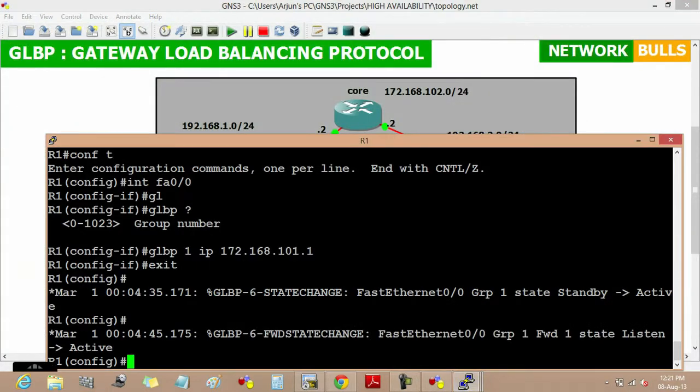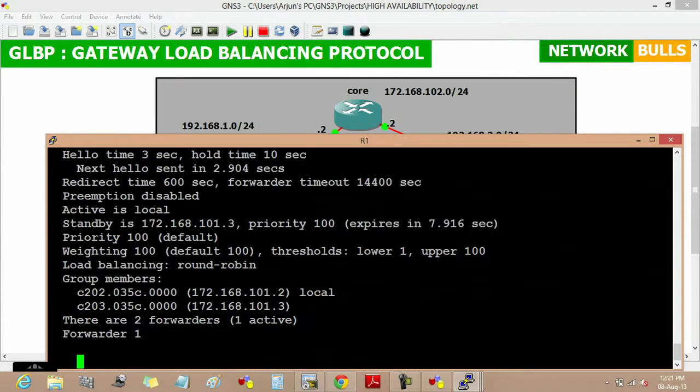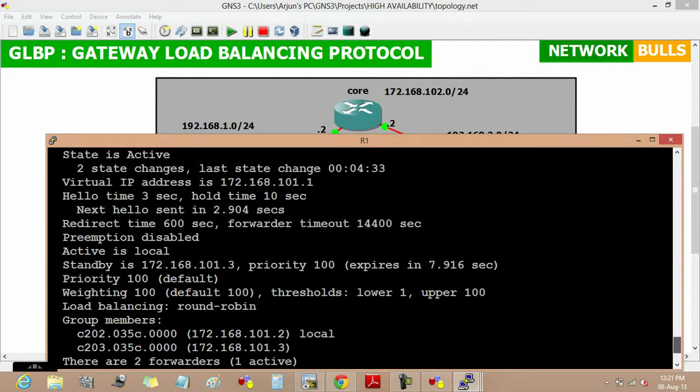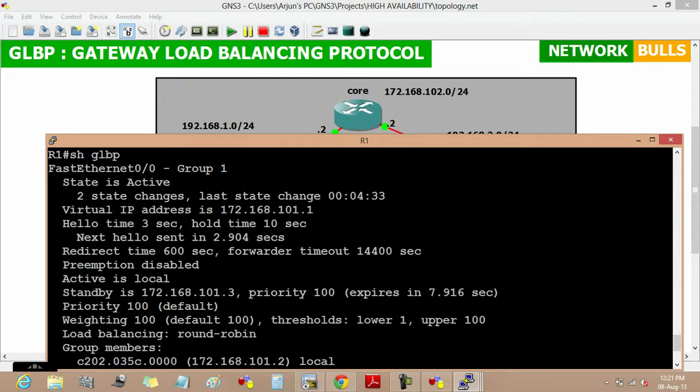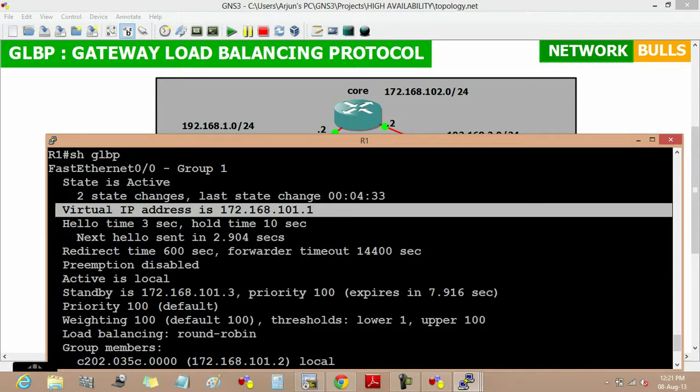To verify GLBP on router 1, we will use show glbp. Here we will see for group 1 its state is active and the virtual IP address is 172.168.101.1.